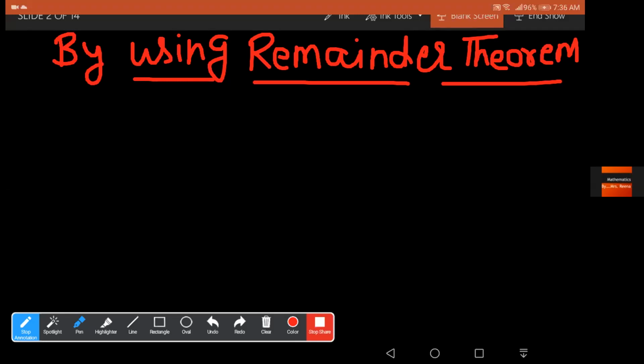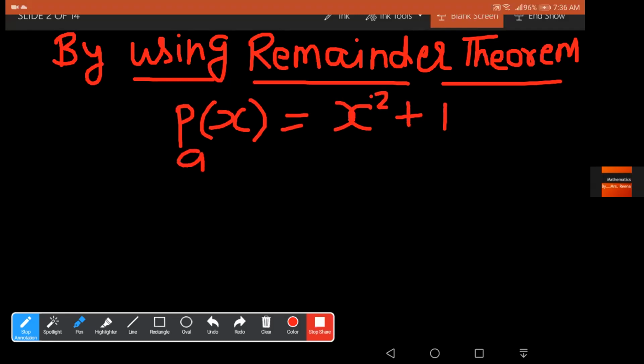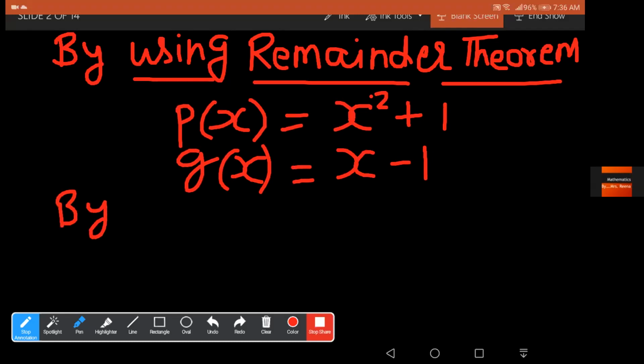So what is this remainder theorem? For example, if I have p(x) equal to x square plus 1, now I have to divide this p(x) by any other polynomial. इसे मुझे g(x) से divide करना है. Suppose I have to divide it by x minus 1. So by remainder theorem, अगर मैं इसमें remainder theorem का use करूं तो बिना divide किए मुझे remainder मिल जाएगा. By remainder theorem,